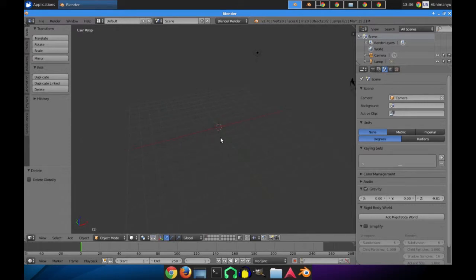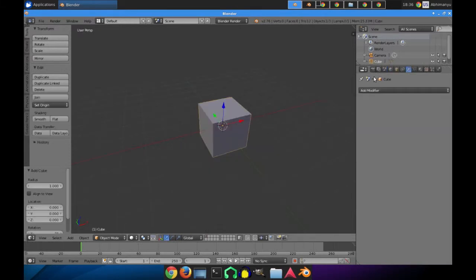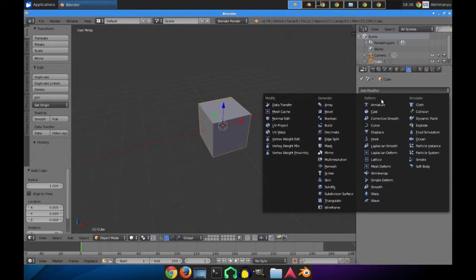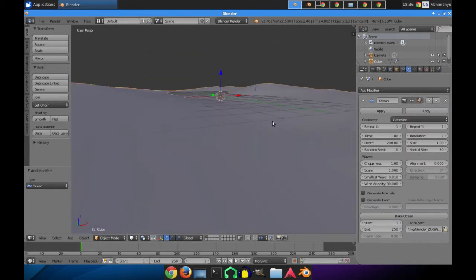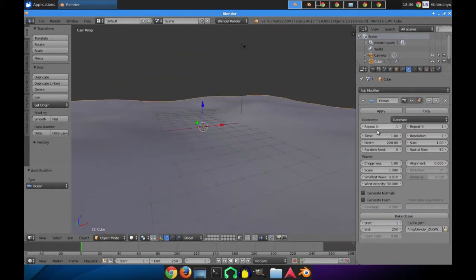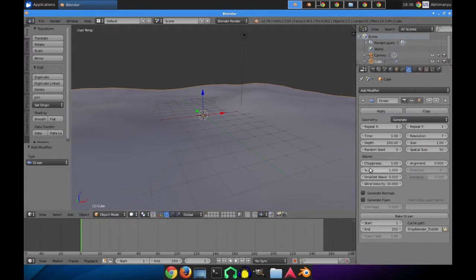Now coming to another modifier, I'll add another cube, and this time we'll use an ocean modifier. So ocean modifier can be used for lots of things. First of all, it can be used for simulating the ocean. Now for simulating the ocean, it's quite simple actually. You can increase the scale